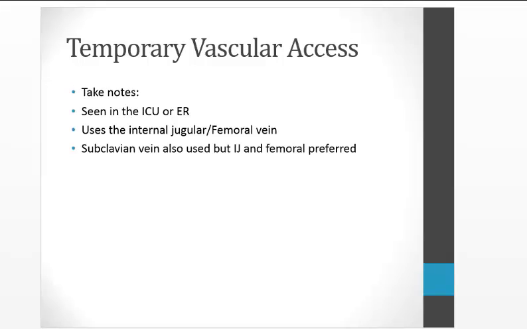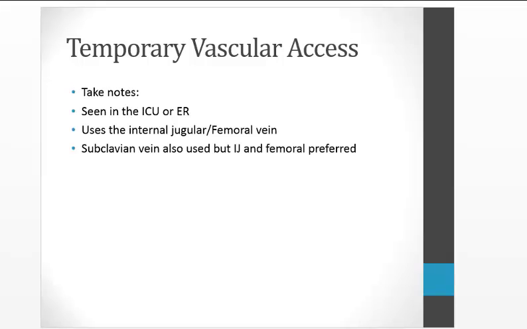With temporary vascular access, the physician can use either the internal jugular or the femoral vein for that particular access. Sometimes the subclavian vein is also used, but because of the anatomical position of having to cannulate the subclavian vein, the risk of a collapsed lung, for example, is higher. And so even though that might be what you see in the ICU, in the ER, know that they do